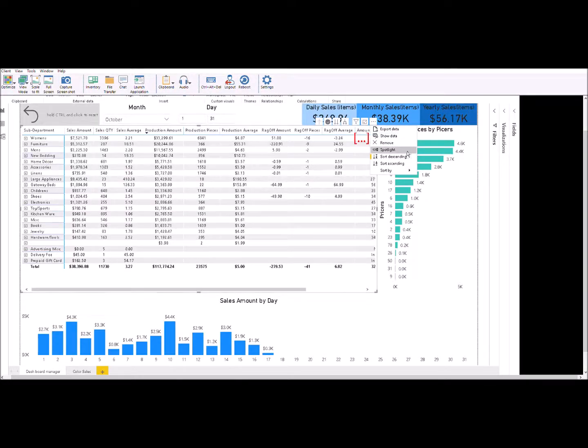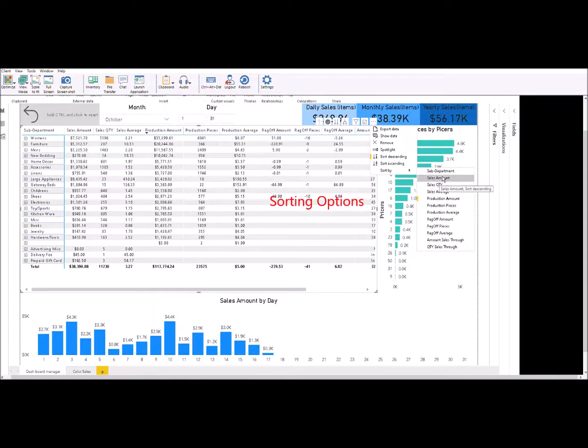Information is sorting and sort by. So I'm going to show you kind of some cheating here. I can sort by department, sales amount, quantity, any one of those totals that are on that report by simply hitting the three dots up here,